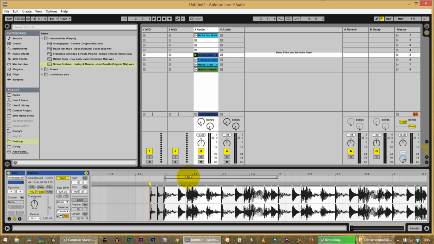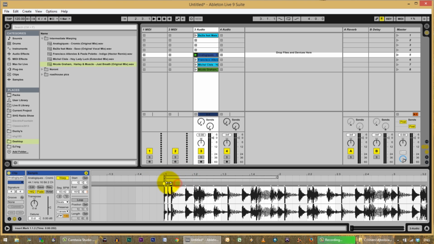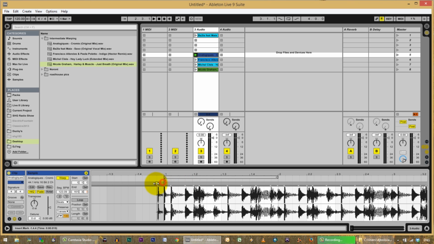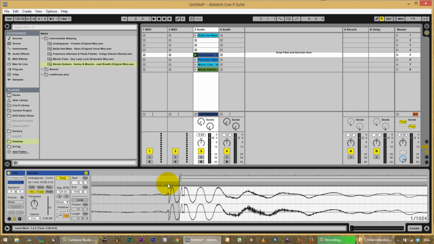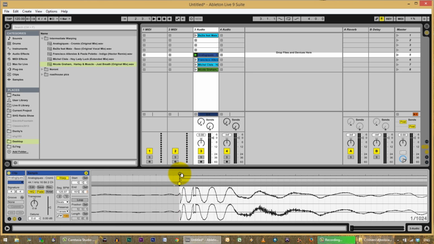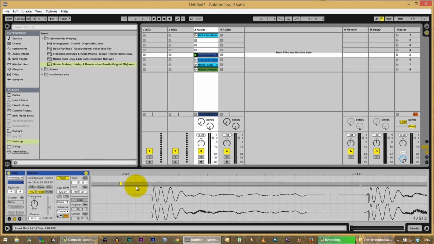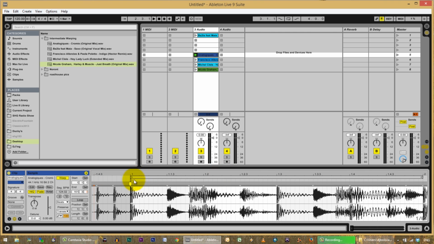Yes, actually I can. The last file, what I did was I created a warp marker here, and I moved it to that spot. But this time I'm going to go this way. And I'm going to zoom in a bit because that's not quite in the right spot, so we'll fix that. And we can take this off now because it's not relevant.